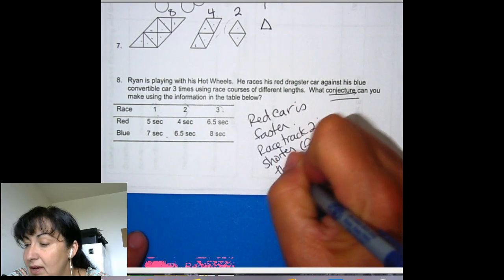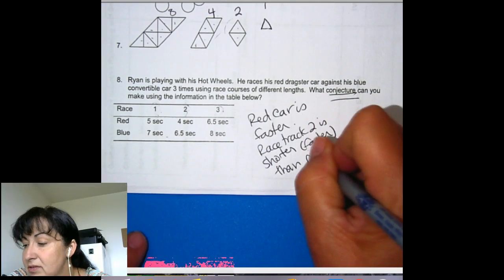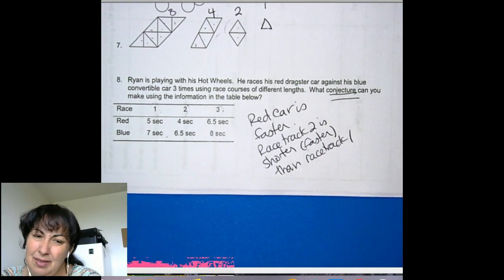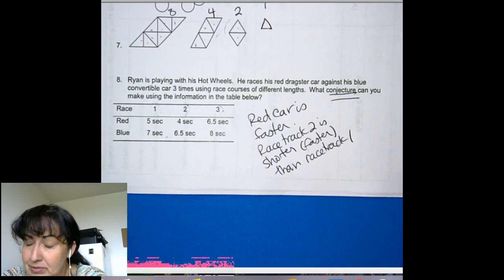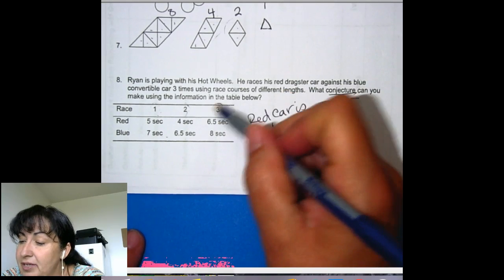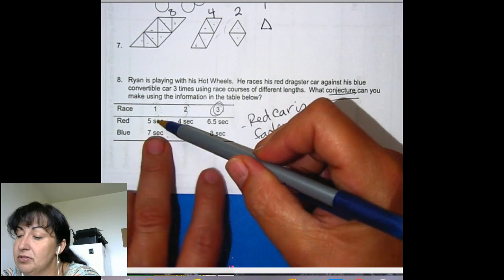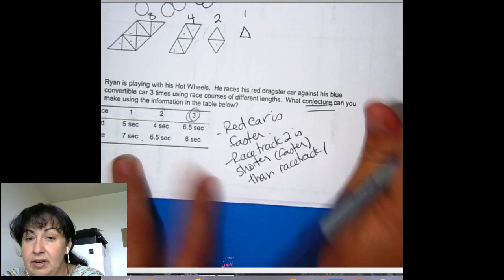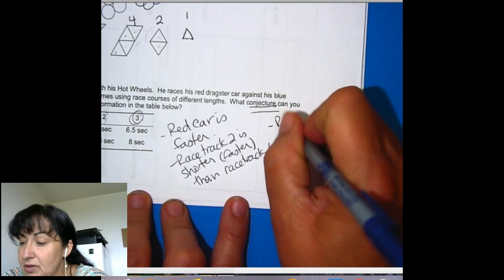Let's put "than racetrack 1," okay? Because otherwise we're saying faster, then we don't say anything. And then if I look at racetrack 3 compared to racetrack 1, both of the times are longer. So over here, I'm going to scoop this over a little bit. I'm going to put for my last conjecture that